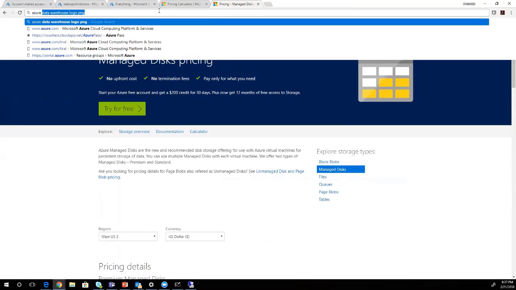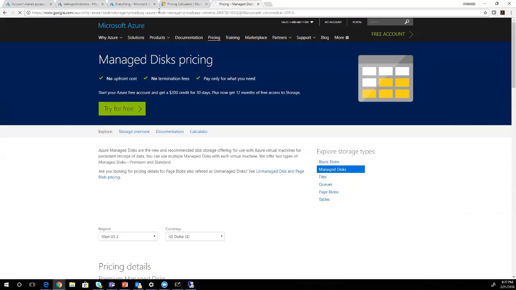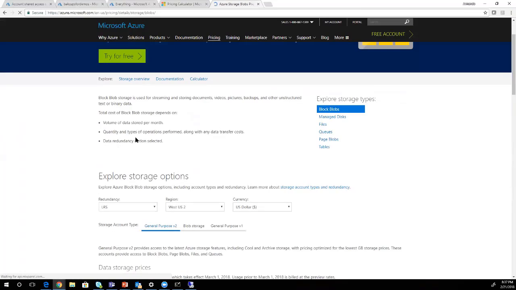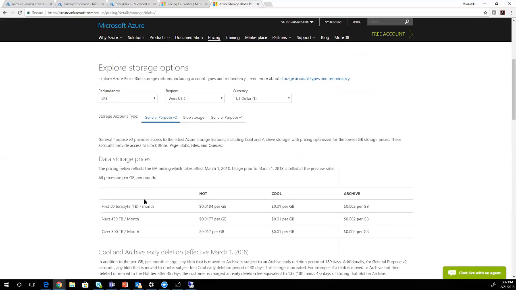So let's say here, Azure blob storage price. And here's where things become a little more convoluted, because the storage price takes a lot of factors into account. But you see the first 50 terabytes a month on the hot tier, let's say you're using it all the time, is almost 2 cents per gigabyte. All right, on the first tier. So if I have, what is it here, 1 terabyte of data,